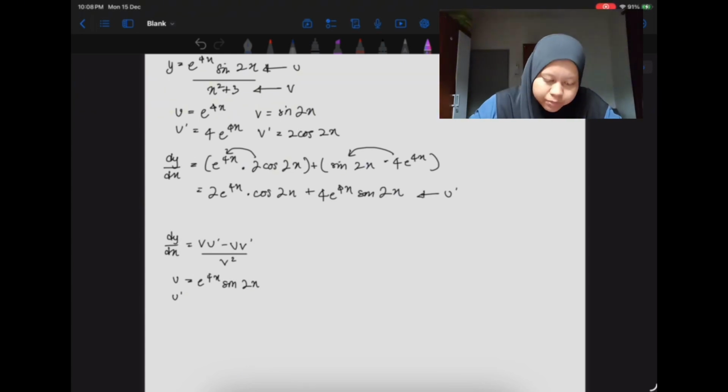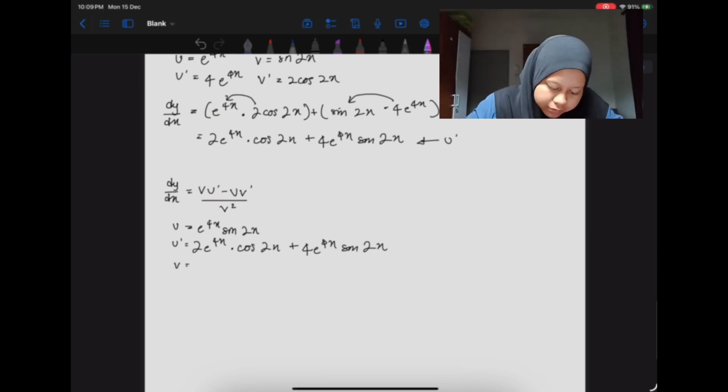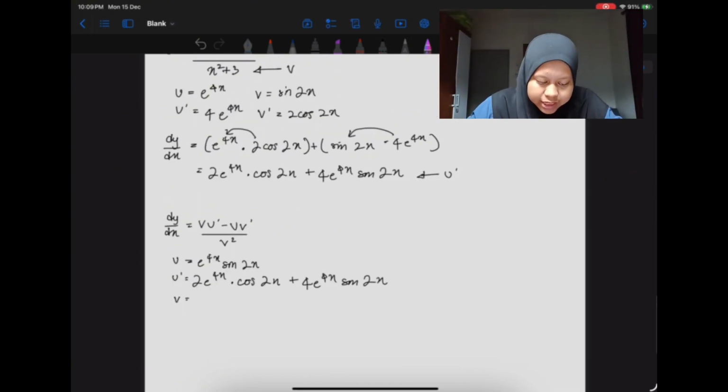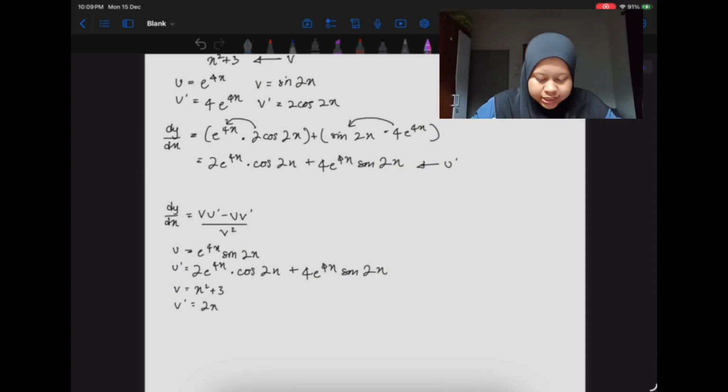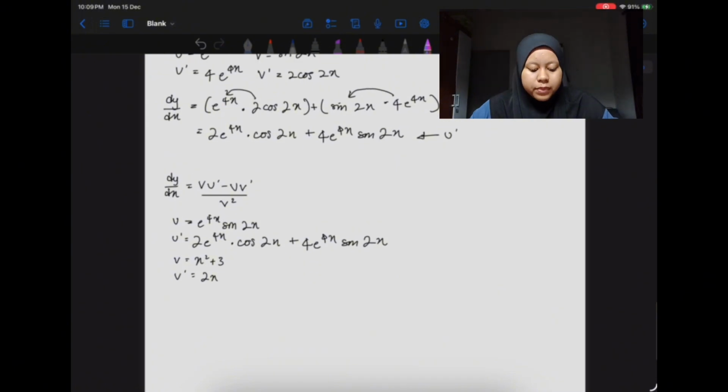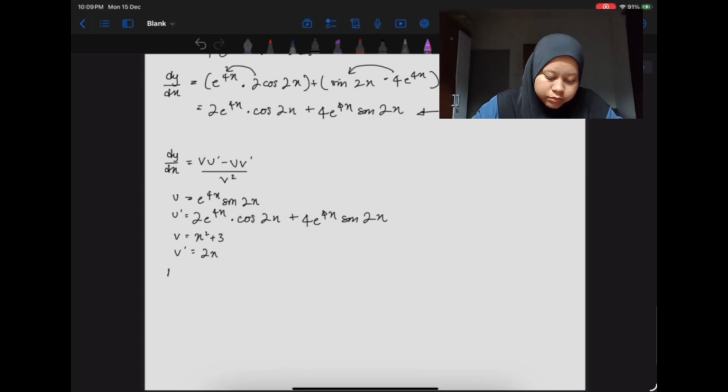Okay, for the u prime, I will just copy and paste. I will put it over here. And for the v equal to x squared plus 3, and for the v prime, just differentiate. So it will be 2x, only 2x. And we are going to put all this into the equation, which is going to be like this: